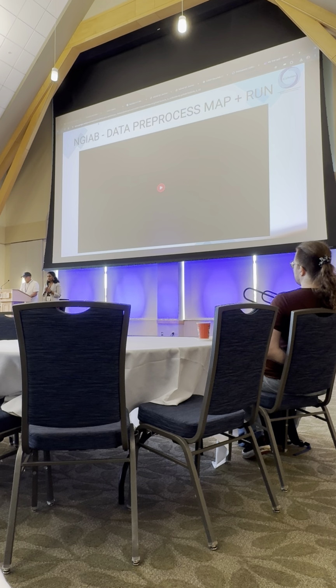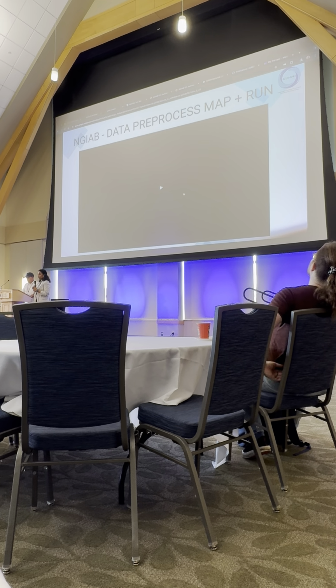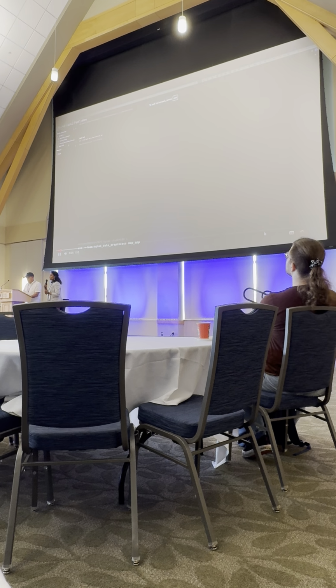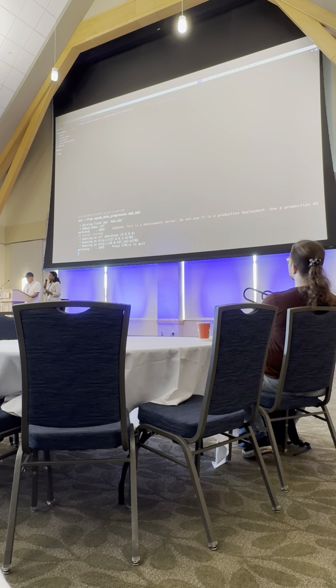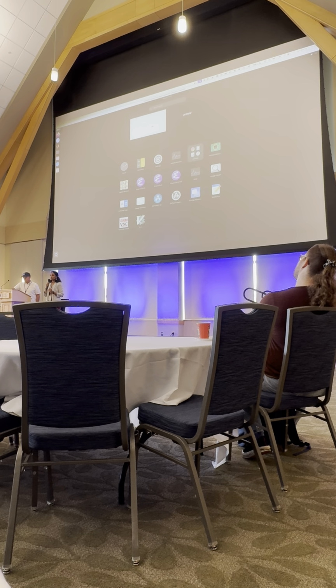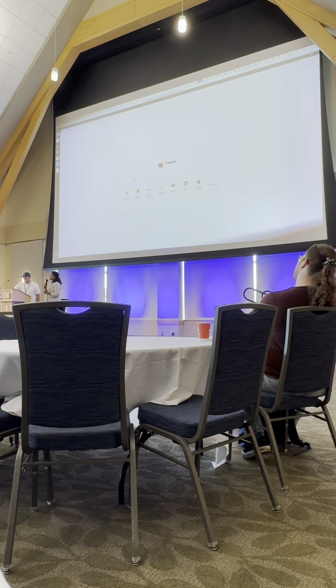But let's take a look at how NextGen in a Box works. You can run it on your local machine or the NSF VM that we provided. You can make it work anywhere. It's one UVX command for data preprocessing that will open a map, and you can go to the browser to look at the map, select your region of interest, and provide the date.